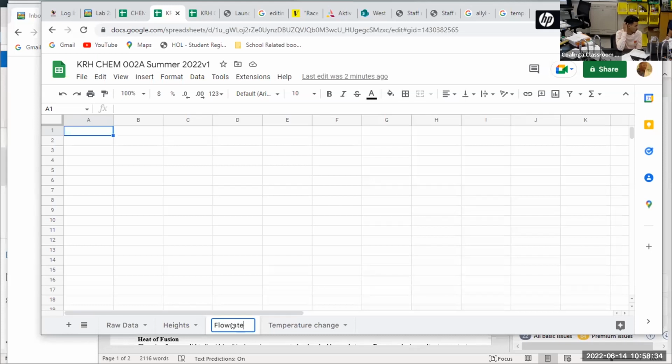Okay, so any questions? What was the equation for the temperature one? It's just the final minus the initial. You want to include the first, you want to show the individual. Then it shows